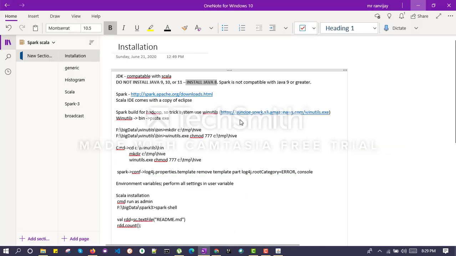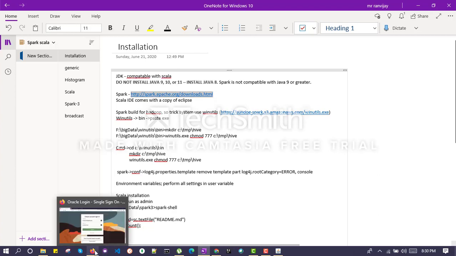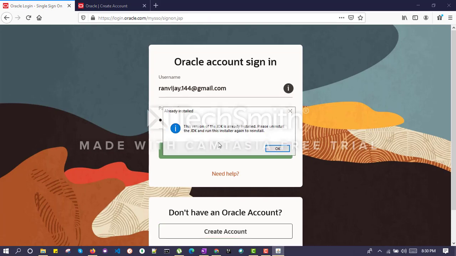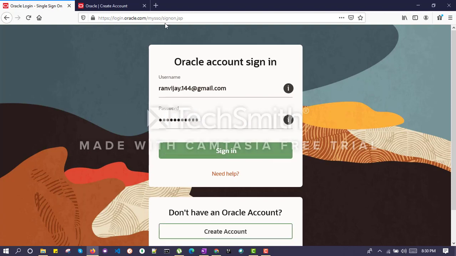After this, we will navigate to install Spark. For Spark, again, we will go to the Spark official website. Since I am getting these pop-ups because I have already installed JDK, I was not able to show this one. So just follow the steps that I have already told.